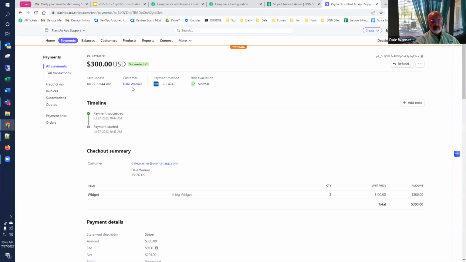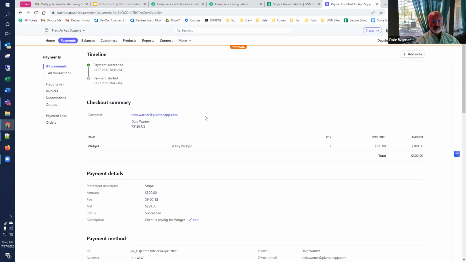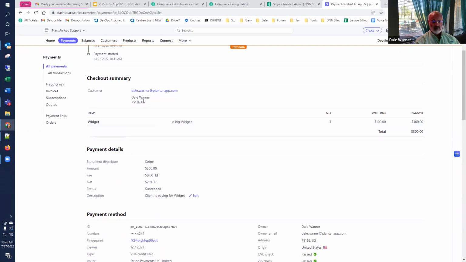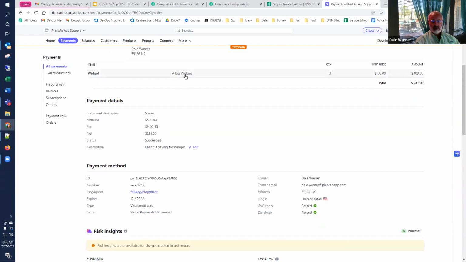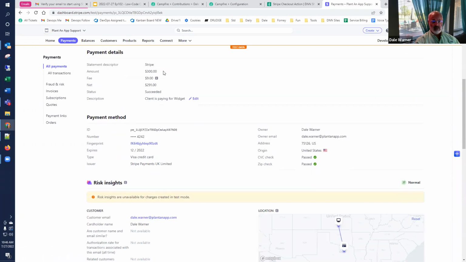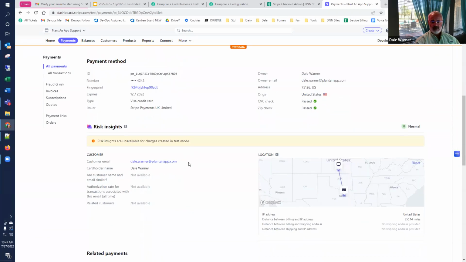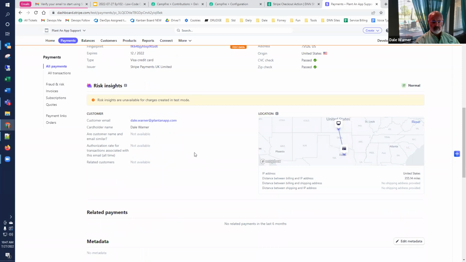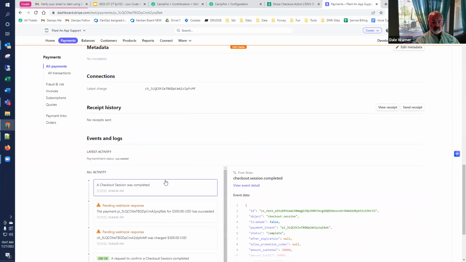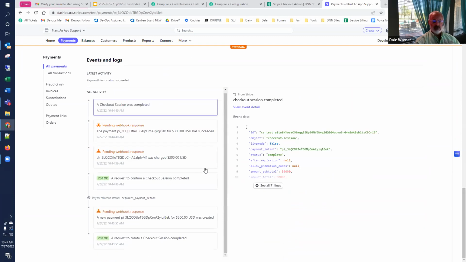So you can see which customer paid, what payment method. There's risk evaluation that they're doing automatically, all the information that they collected. Here are the items that were provided, and the fee that they took out. Stripe doesn't do this for charity. It has succeeded. We have all the information, got some mapping stuff, and it also shows the